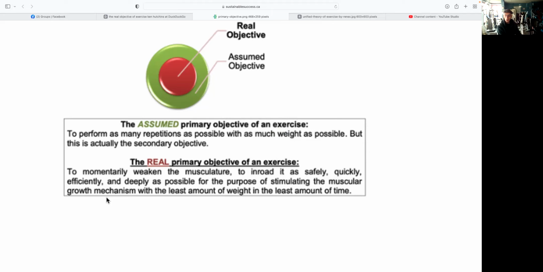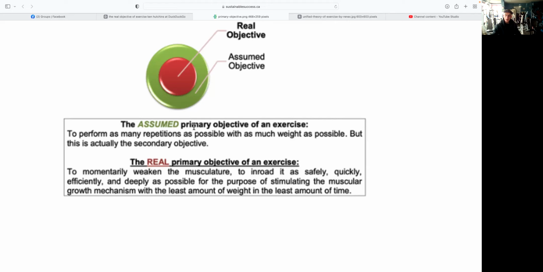In other words, you're not trying to do something to the barbell or your body weight or the exercise machine. You're trying to use those tools to do something to your body. You will weaken your musculature, you will fatigue it, in order to create the stimulus. But then you have to go off and get some rest, eat enough protein, and provide enough time to allow your body to make that adaptation.